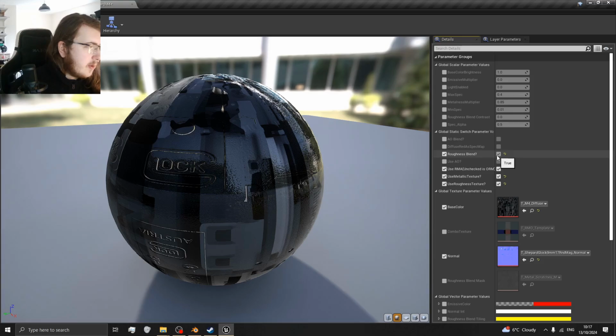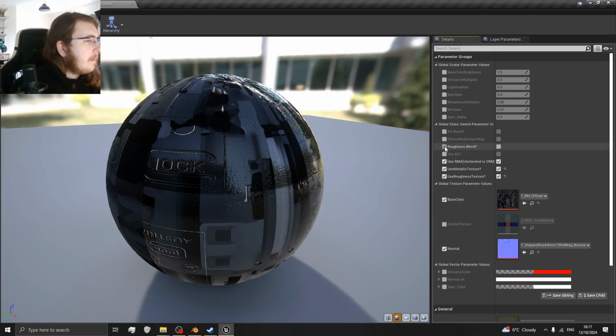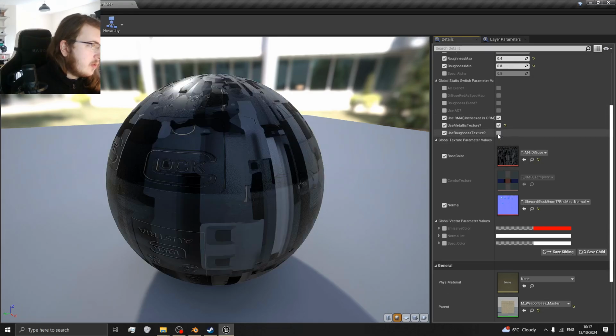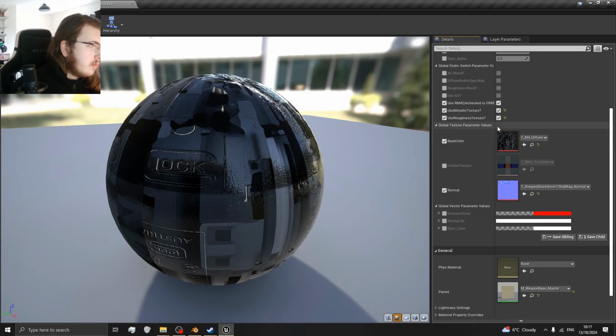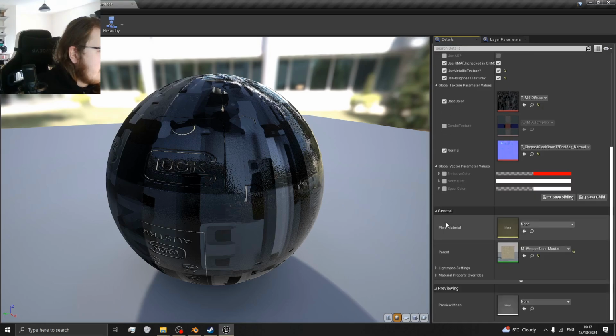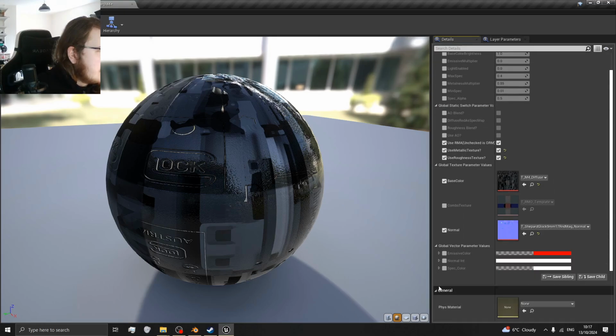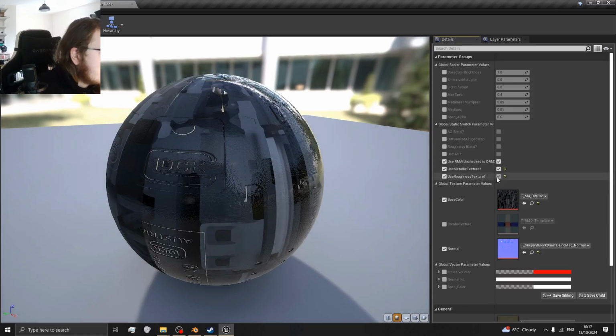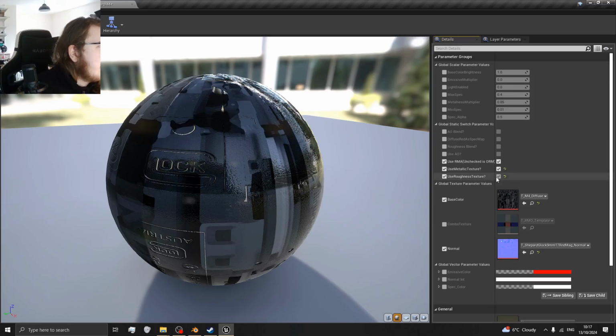Is that what I'm looking for? Roughness blend mask? I don't... Oh, here we go. Use metallic and roughness texture. Where are those? Where do those show up? I can't see where they're showing up. That's quite annoying. Why is that happening? I can see that it's like taking that away. Alright,